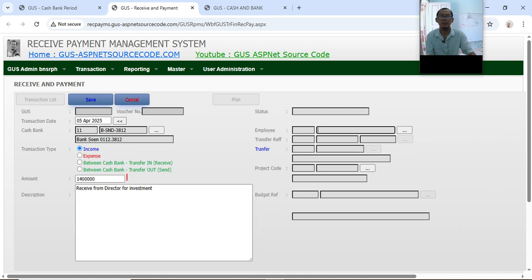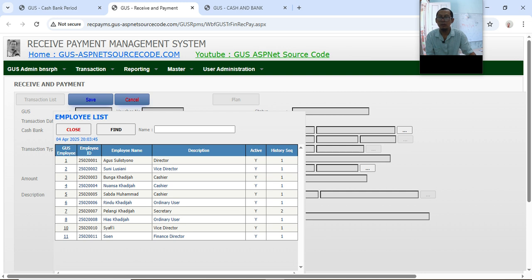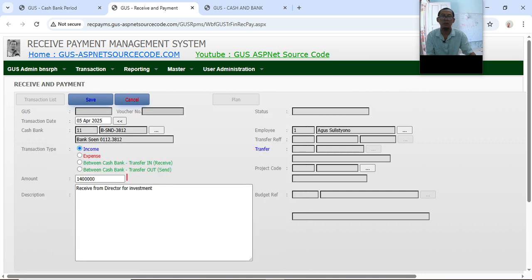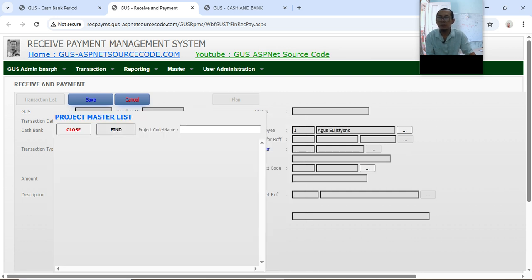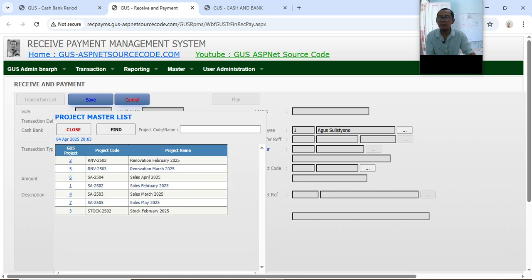And let's input the employee. The employee means where this income came from, for example, from Agus Sulistiono. And the project code. Let's find the project code. Sales.